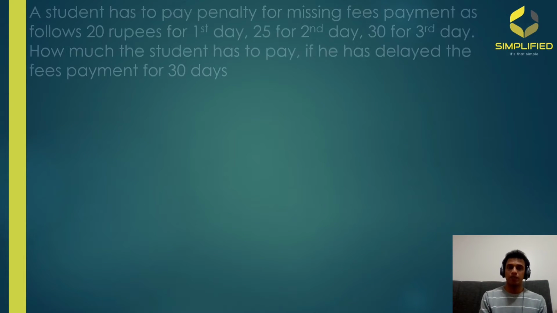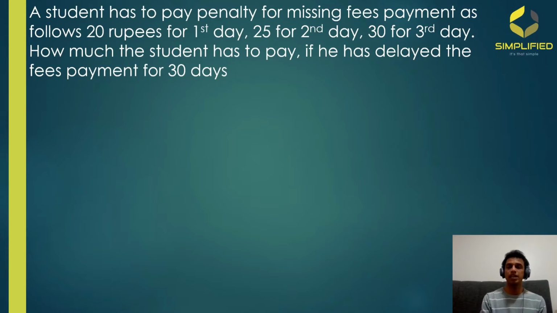So our question is, a student has to pay a penalty for missing a fees payment as follows: 20 rupees for the first day, 25 for the second day, 30 for the third day. How much does the student have to pay if he has delayed the fees payment for 30 days? So a student missed the payment, and now he needs to pay a penalty for each and every day he delays that payment. For the first day, the penalty is 20